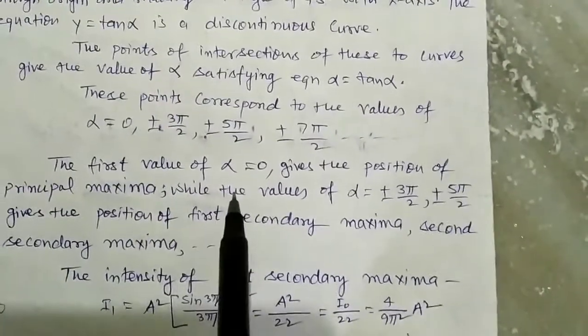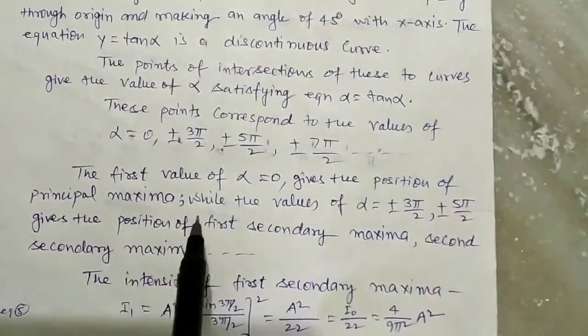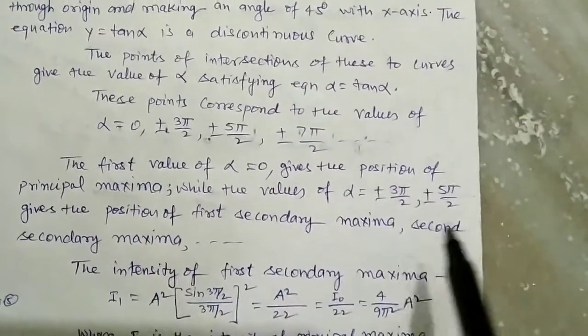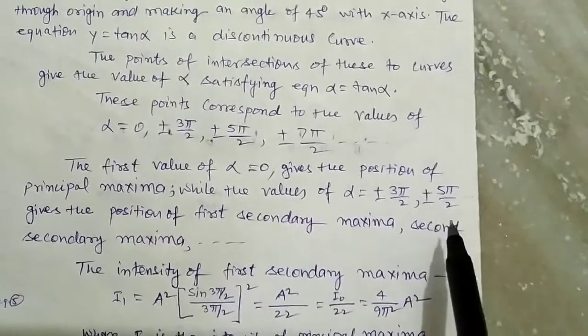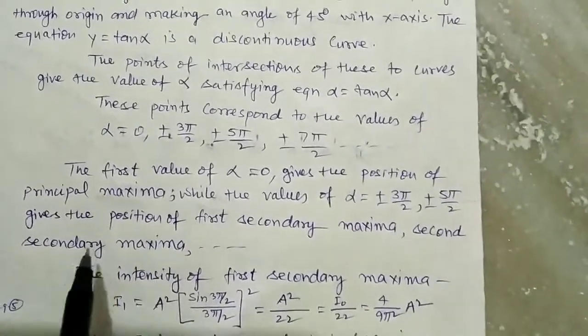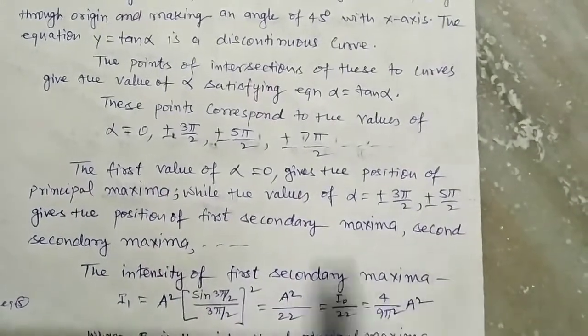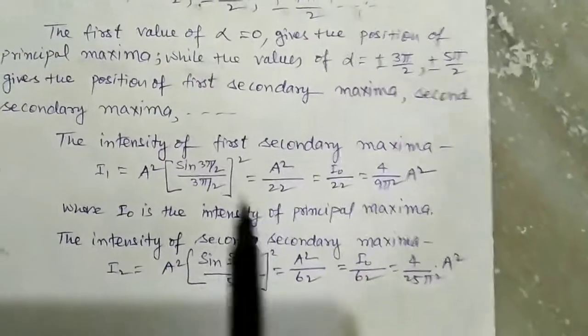The first value, alpha is equal to 0, gives the position of principal maxima, while the values alpha is equal to plus minus 3 pi by 2, plus minus 5 pi by 2, and so on, give the position of the first secondary maxima, second secondary maxima, and so on. Now we have to find out the